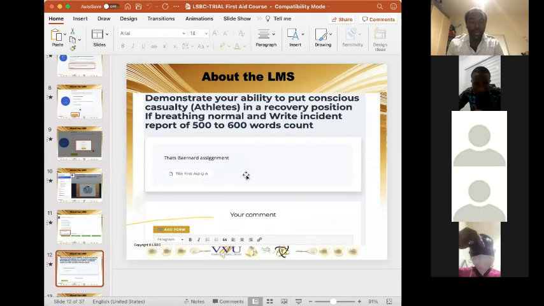Assignment submission. For the next slide, I would want all of you to pay key attention. The next slide is the assignment submission. This assignment submission dialog box allows for PDF format and Microsoft Word format.